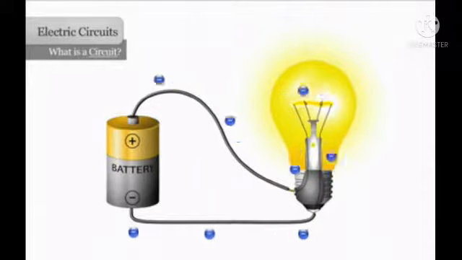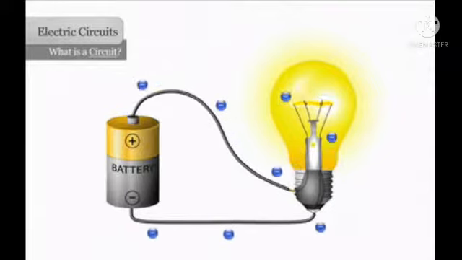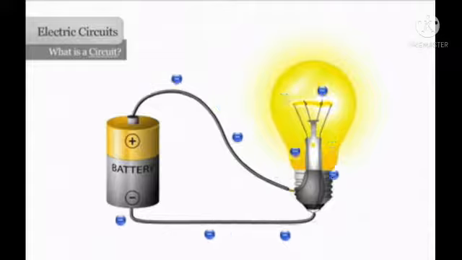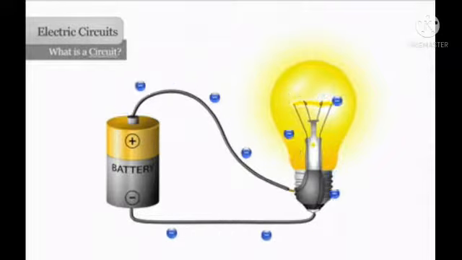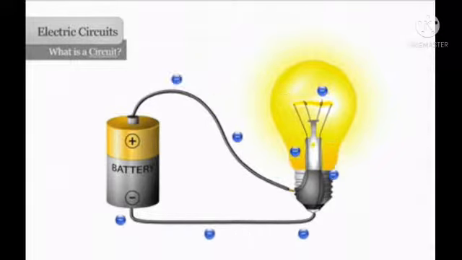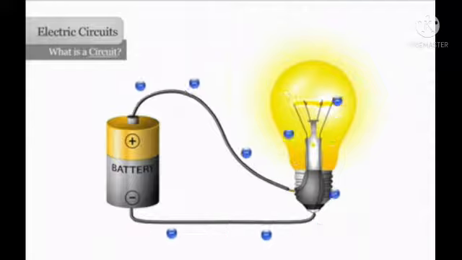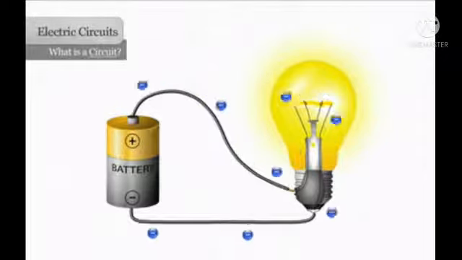Okay students, as you can see in the given picture in the video above, the wire has been connected to the battery to glow the bulb. So how is the bulb glowing? Because of the flow of the charges. As you can see, the positive and negative charges are continuously flowing through the wire to make the bulb glow. So students, just understand that electric current is the flow of charges.